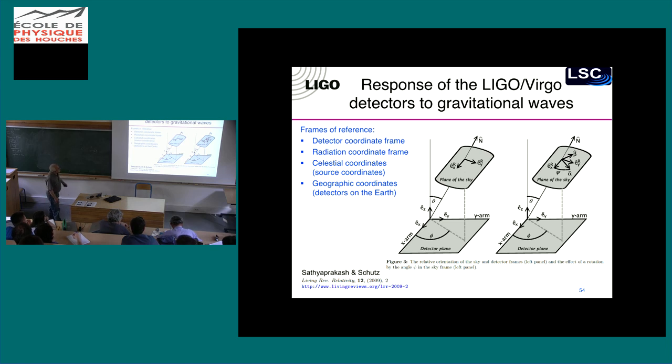And then there's a third coordinate system, which is the wave coordinate system. Here's the plane of the sky. Here is the direction towards the source. And here is one orientation of the polarization. Let's call it plus. And here is an arbitrary orientation in which this plus has been rotated by some angle psi, an azimuthal angle, which, as you can imagine, is multivalued in the sense that